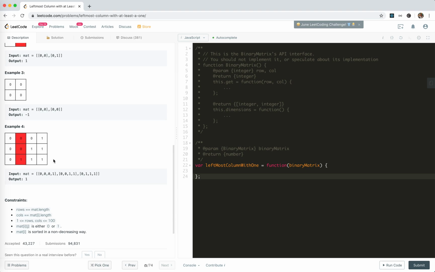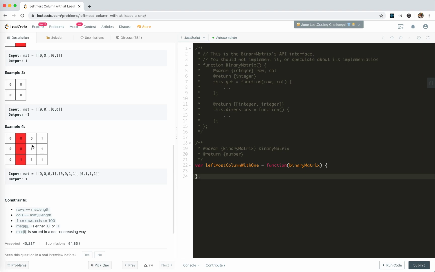I think we've done several similar problems, like find the first bad version, and doing our own implementation of lodash sortedIndex. Please search on my channel for that. There will be detailed explanations. So actually, we could use binary search with log n, which is here log 100, to search for the first appearance of 1. Okay, so for the first row, we get an index, and for the next one we could search